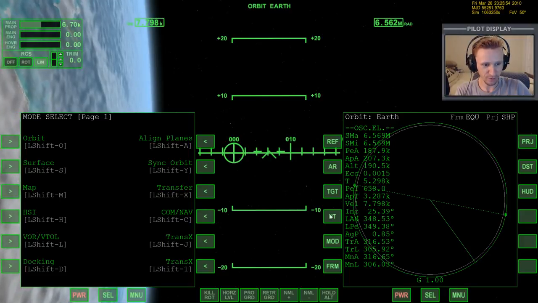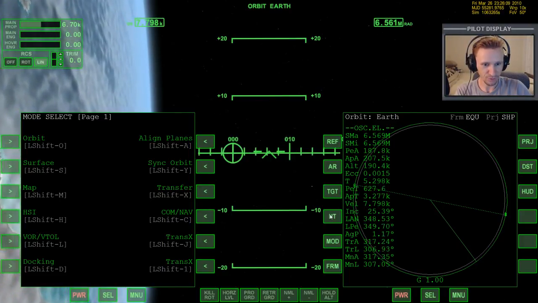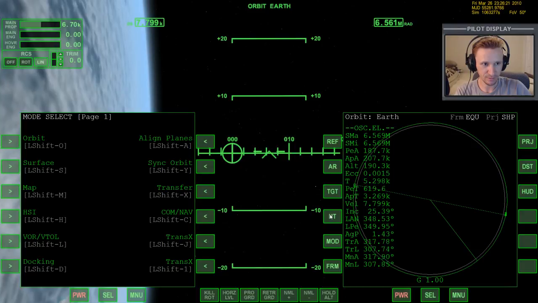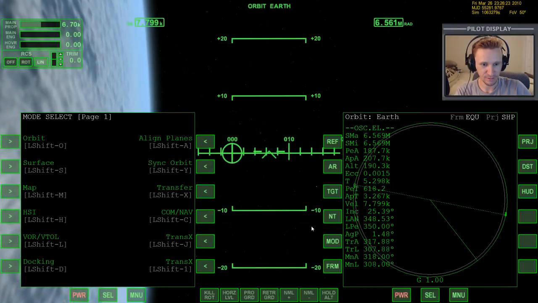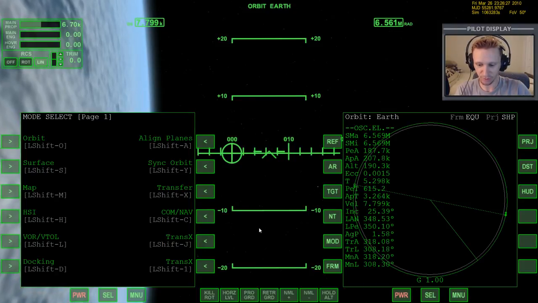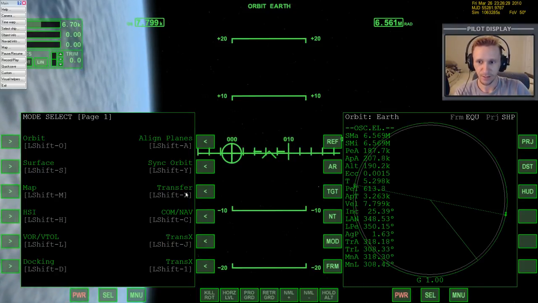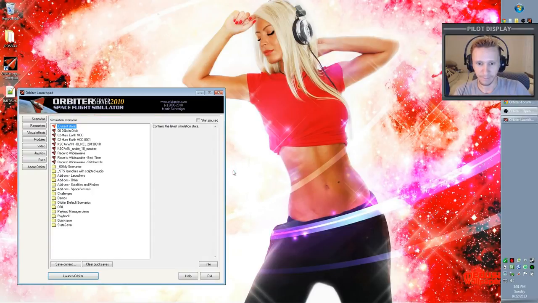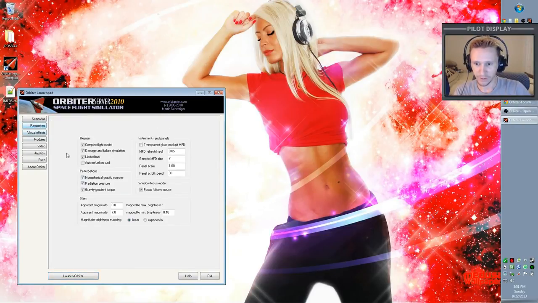So here's what we're going to do. Okay, here's what we're going to do. We're going to press Control S, and we're going to exit Orbiter. And we're going to turn off non-spherical gravity sources. So we're going to disable that